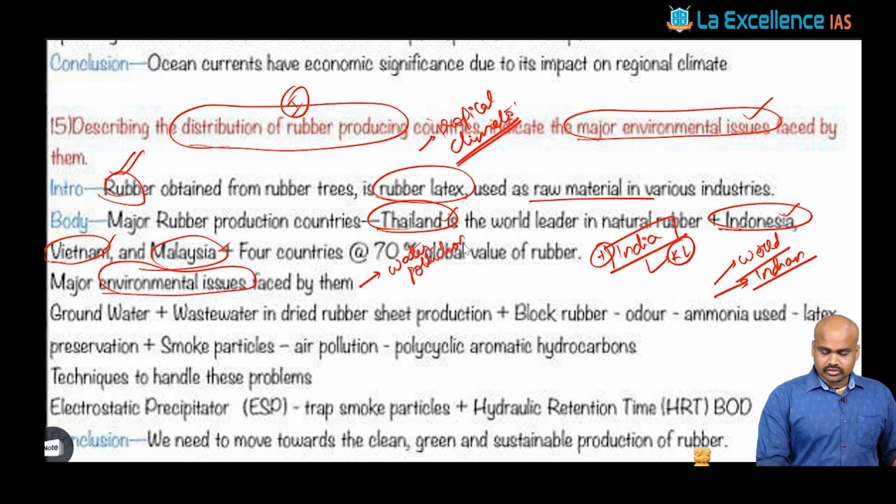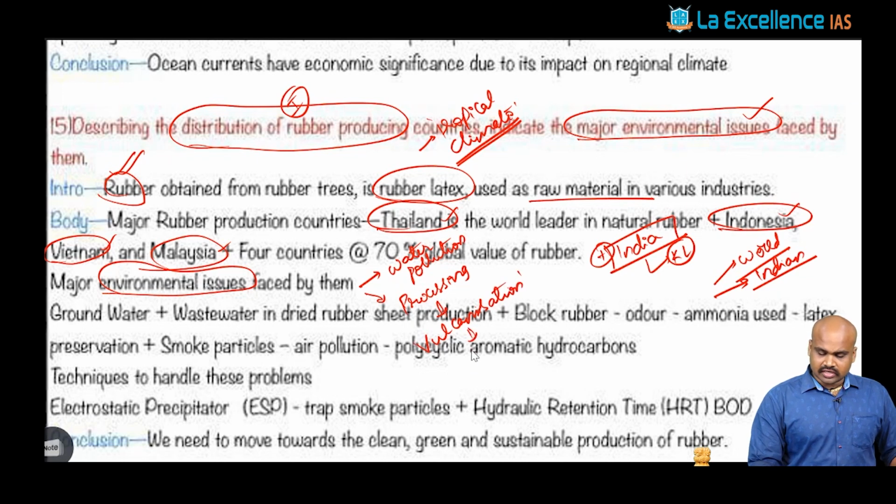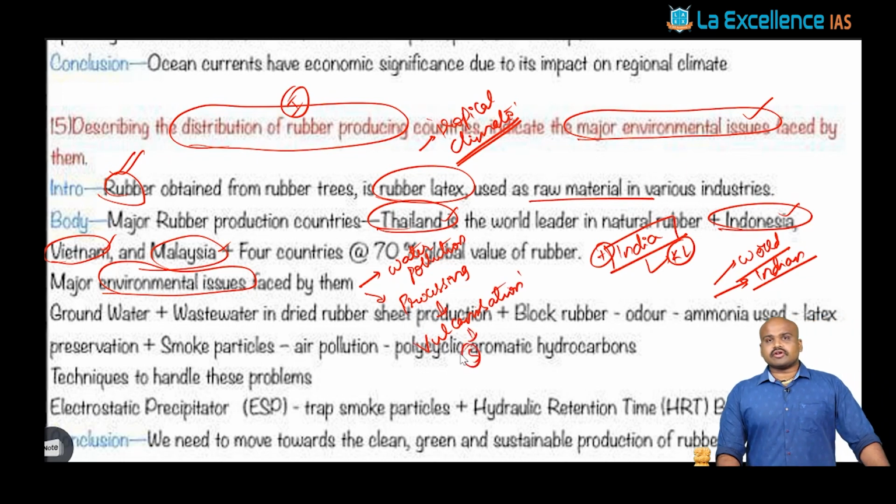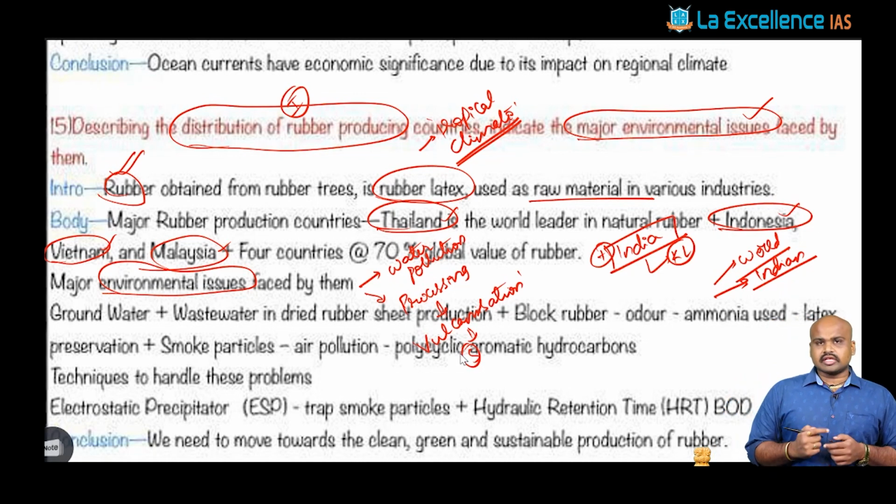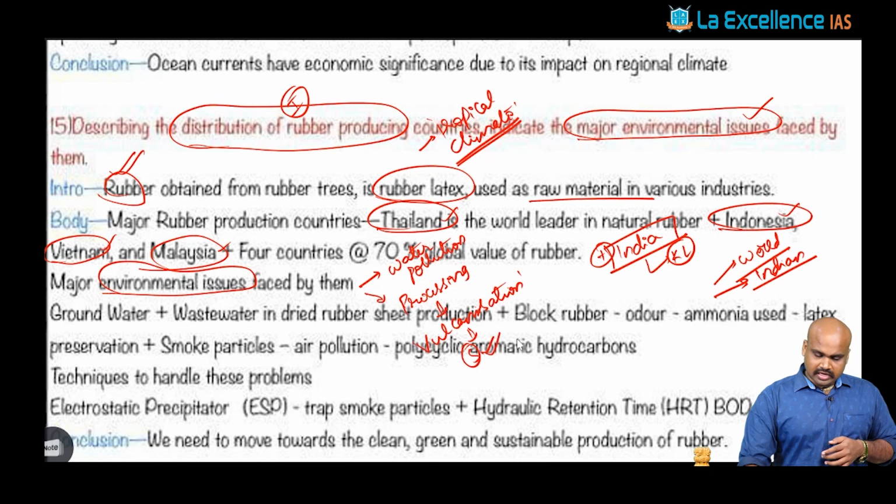Apart from this water pollution, you would also see the processing industries of the rubber flourish, and you would see one particular concept called vulcanization of rubber. When we talk about vulcanization as a phenomenon, there has to be a sulfur component that has to be promoted and a sulfide linkage that is present. And this process is highly polluting in nature.